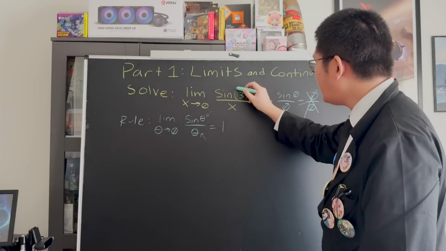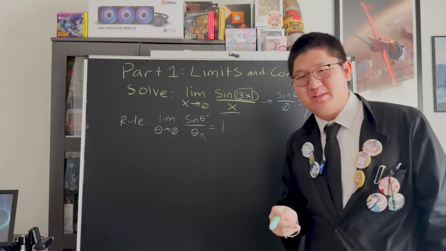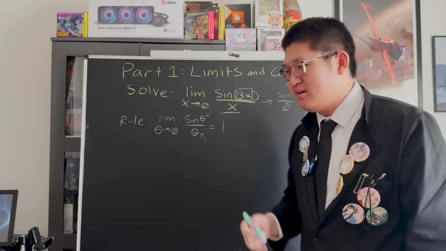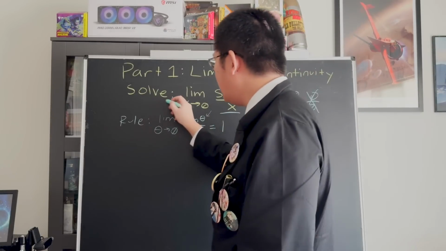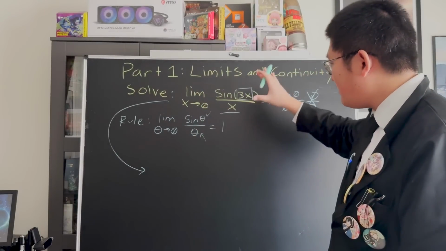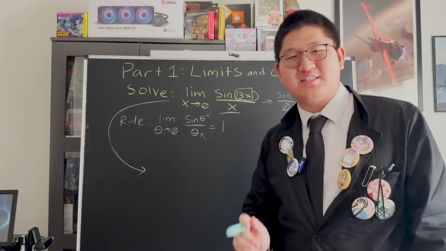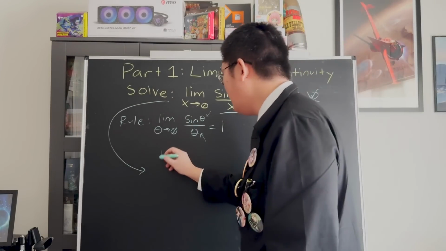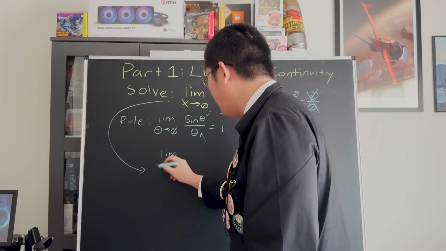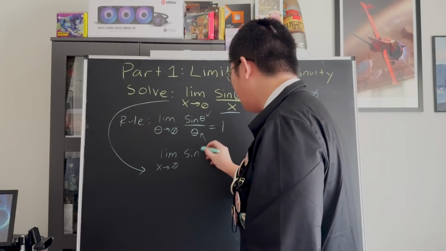Obviously, we have 3x inside of the sine, but we only have an x there in the denominator. How can we solve for that? Well, if we took this line of work here and we realize that we are dealing with a fraction and we need the denominator to match exactly with what was inside of the sine, well, this is simple algebra work, and it shouldn't take too much brain power for our students to realize that